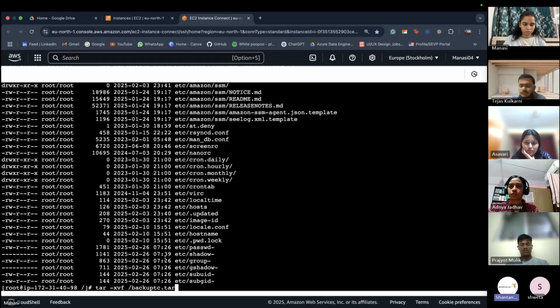Now, if I extract the complete file, it will display all these files in my root slash directory. So I won't be doing that. I would be giving it a specific path, destination path where I want to extract all these files. So give space in between, and then the new file path where I want to extract all these contents is slash home, or wait, slash root. Give extract it in slash root. Now execute the command.